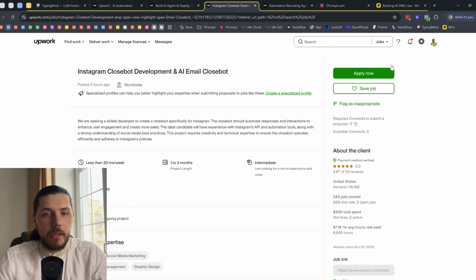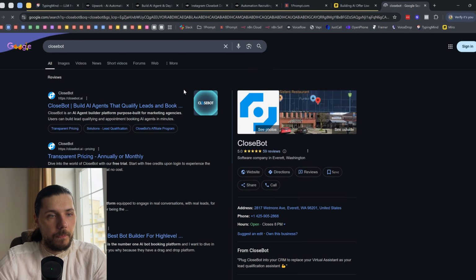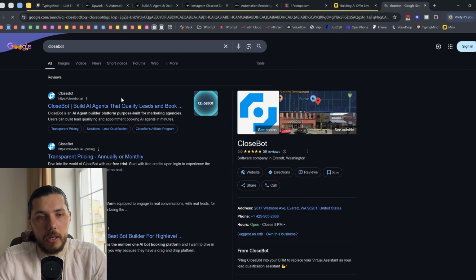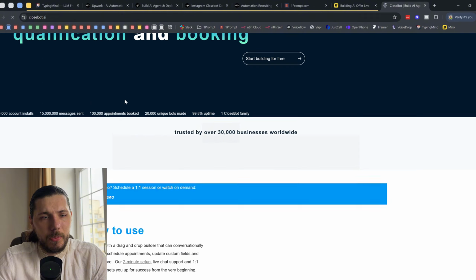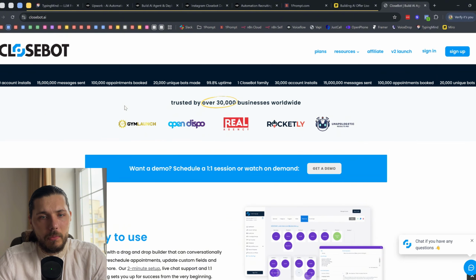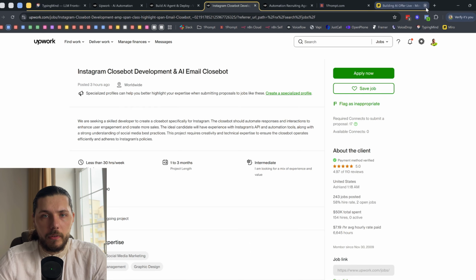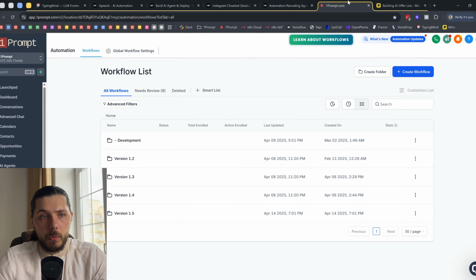I really like this idea. Now we're going to go to the Close bot, right? I'm not a big fan of the Close bot, again, when you can build everything yourself. And when you're integrating within HighLevel, we have our own agentic system called One Prompt.